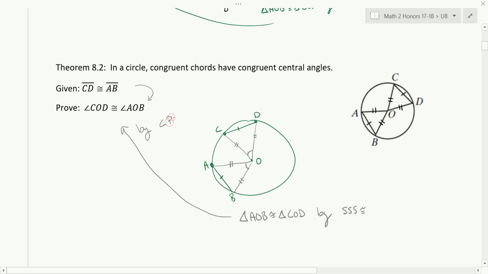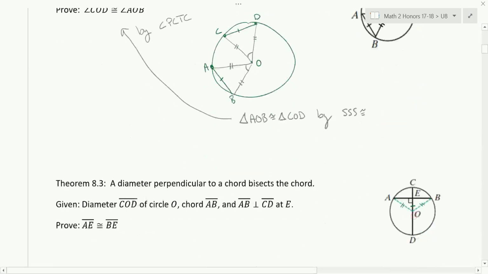Corresponding parts of congruent triangles are congruent. Good. Okay. So these are not difficult proofs, and you see the usefulness of those triangle proofs to help us with this. Okay. All right. Another theorem we need to know